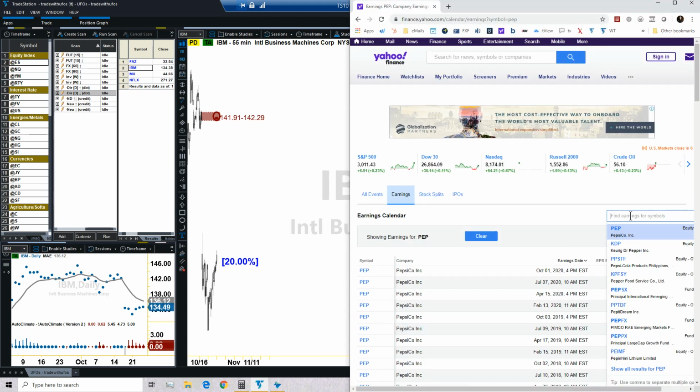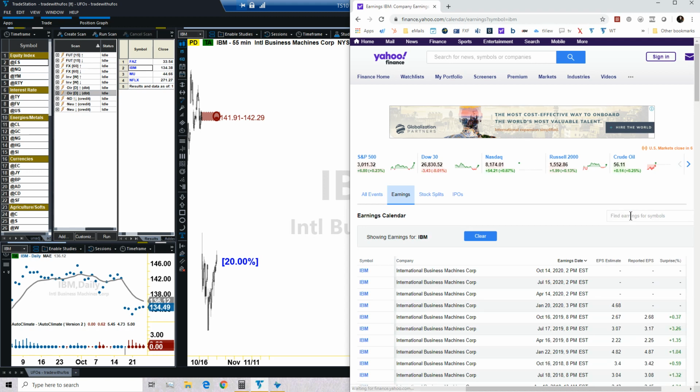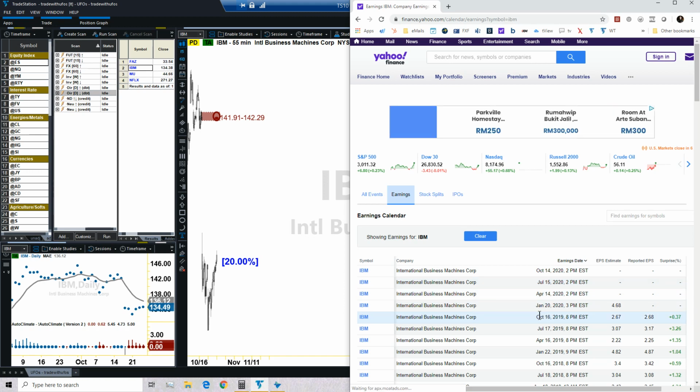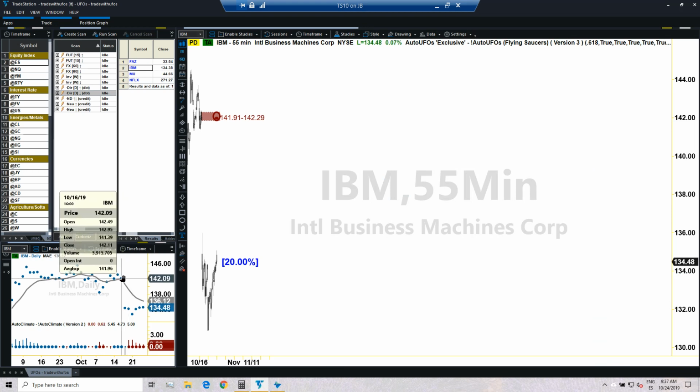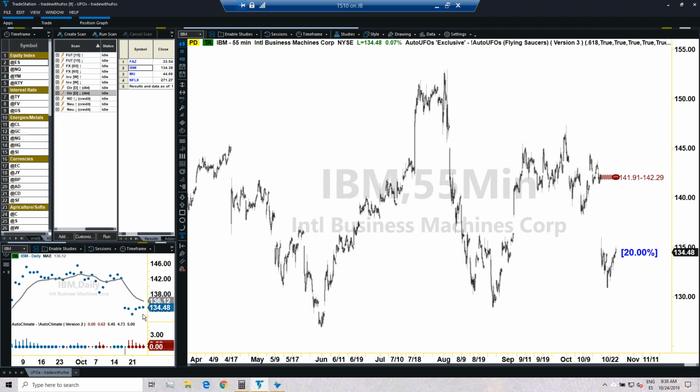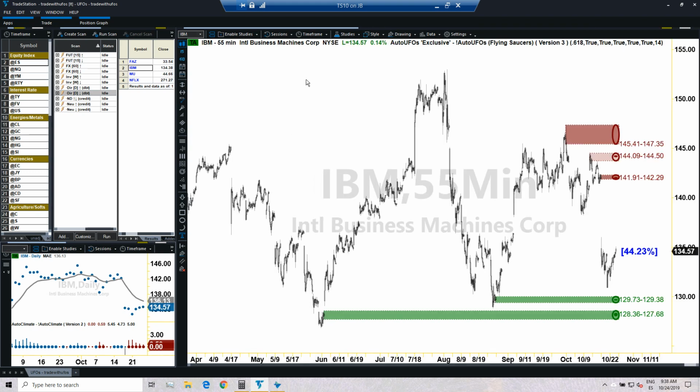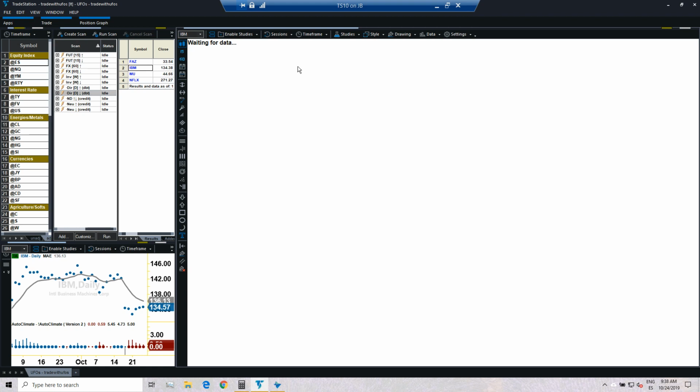This is normally things that happen over earnings, such a violent move. Let's take a look, October 16, that was the time, and it's probably going to be that date, yes, October 16, 17, that's when that happened. So at that time you should be out of any trade with IBM, you should never be in this trade. But the good news is that this created a new climate, and therefore it may be an opportunity for us to execute. For now, probabilities are 44, so that's not good. And if I change to pre and post market, then probabilities become,